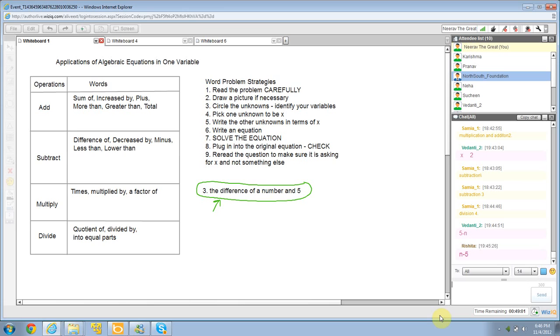So I want to teach you guys this. We have consecutive integer problems. I want to quickly teach you this, and then we'll do a problem on it. These are called consecutive integer problems. So if I have consecutive integers, that means